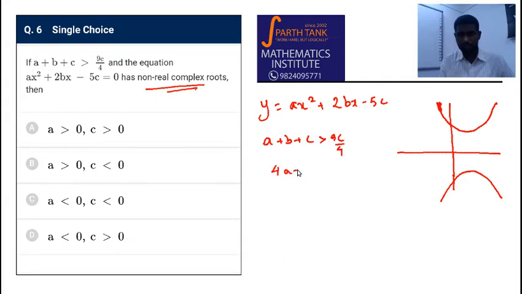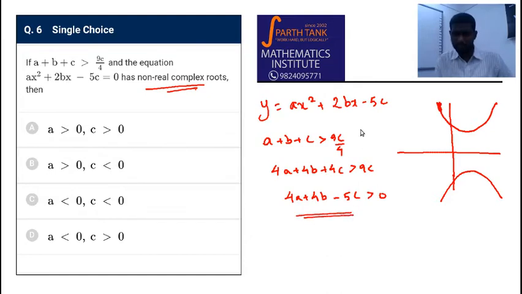Now this can be written as 4a plus 4b plus 4c is greater than 9c, or 4a plus 4b minus 5c is greater than 0. Now there is some link between this and this. Can you see that? That is, there is a minus 5c, and if I take x is equal to 2,